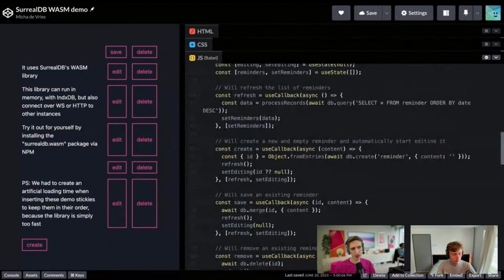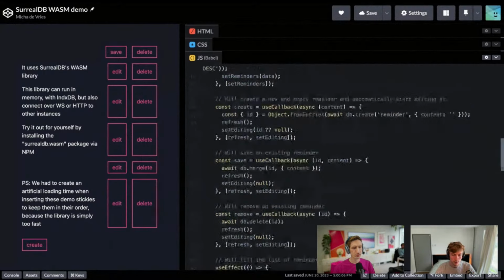So Misha, what can you do with the WebAssembly library that you can't do with the JavaScript and TypeScript libraries? There is actually a thing that you cannot do with the JS library at this moment. So what you can do with the WASM library is, obviously, completely run SurrealDB in the browser. That's for one, but in the way that you query your data, you can use the range selection with the WASM library. This is because it, in the end, comes back to the Rust code, and the Rust code will interpret that range and query it against the database. And we currently cannot do that with the JS library.